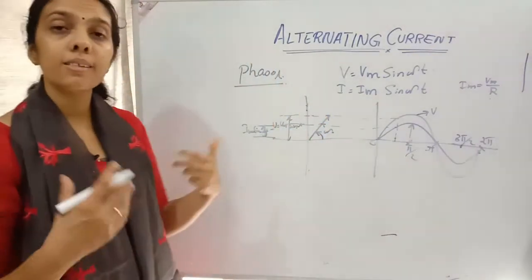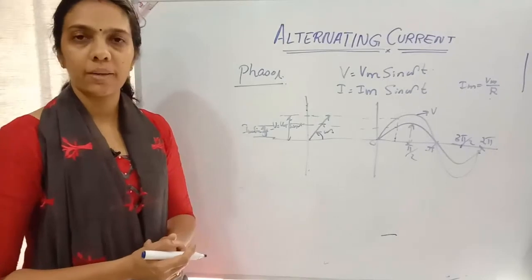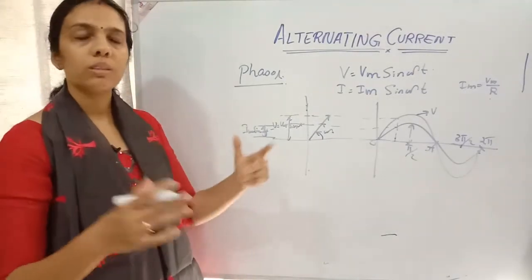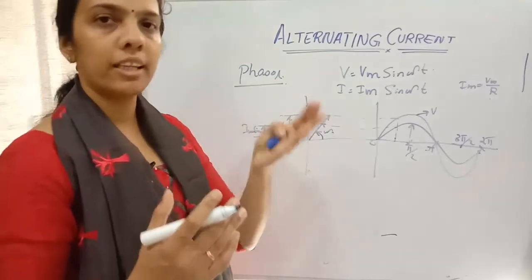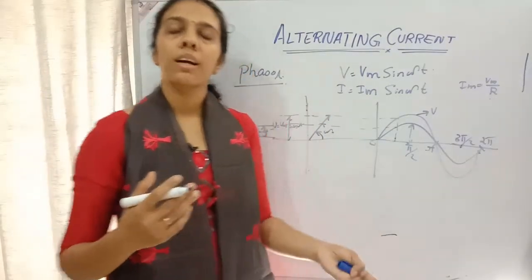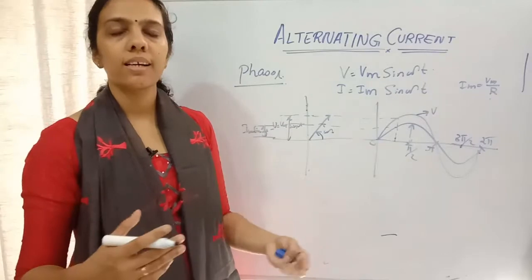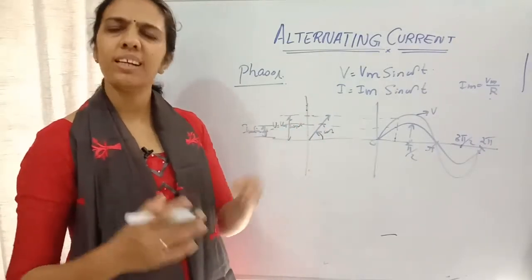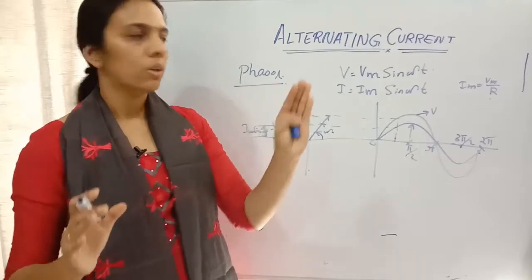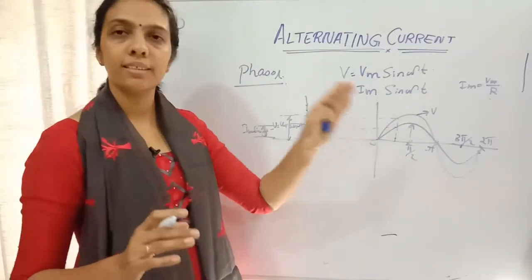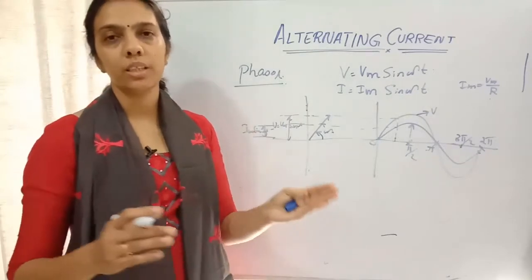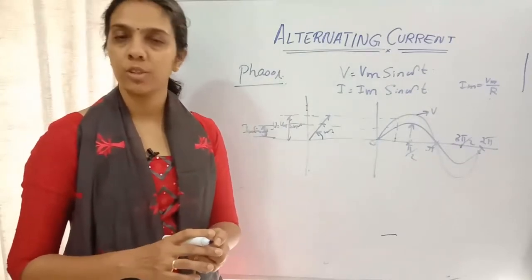Okay, because it is 0 to 90 degree variation there. Okay, clear about the phasor diagram? Throughout this, when we are doing the inductive circuit, capacitive circuit, or LCR circuit, we will be drawing this phasor diagram. It's simply a vector. It represents, at one point, what the voltage will be and what the current will be.